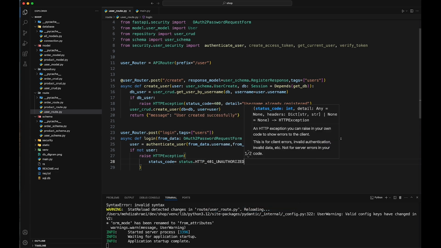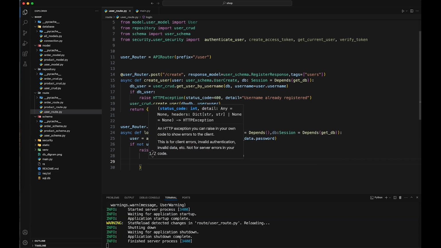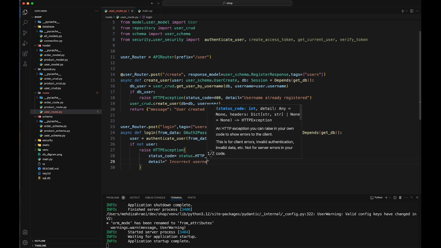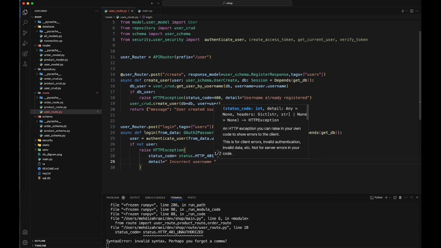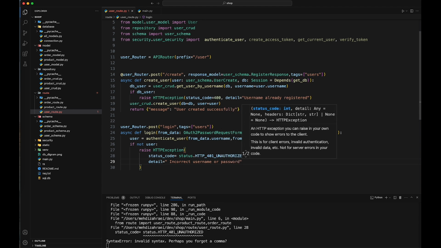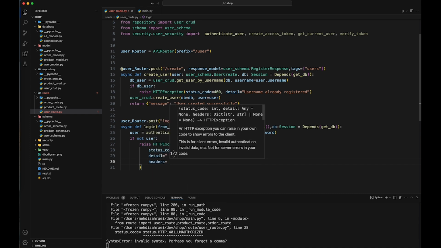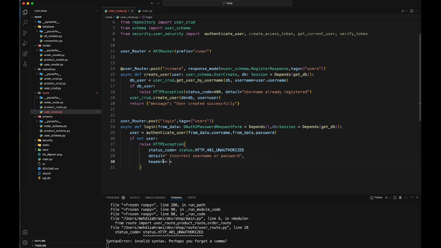Yes, here unauthorized, and details can be incorrect username and/or just password, and header if you want, you can add it to manage header from the browser to see that. I can say my header as a default is www